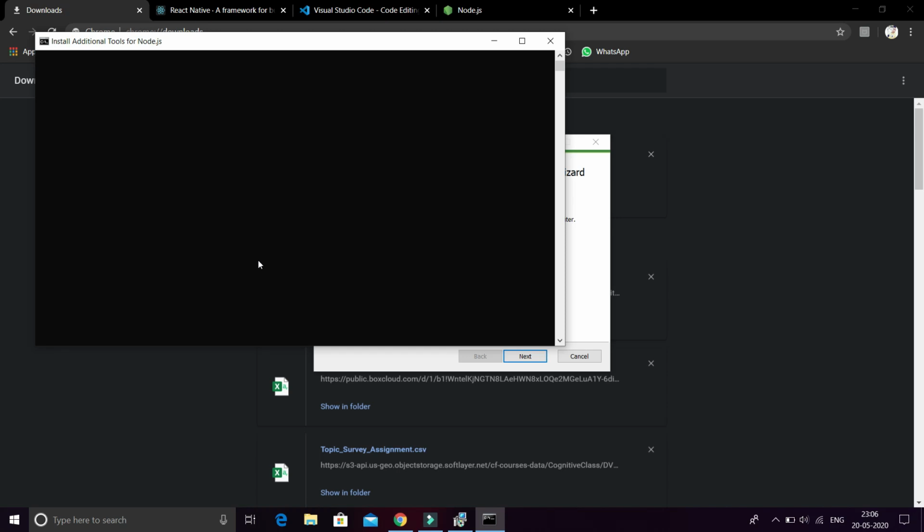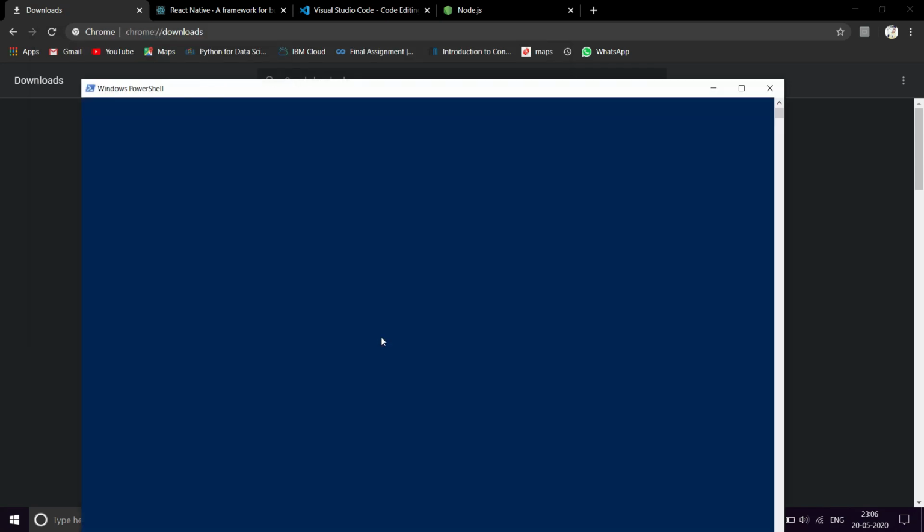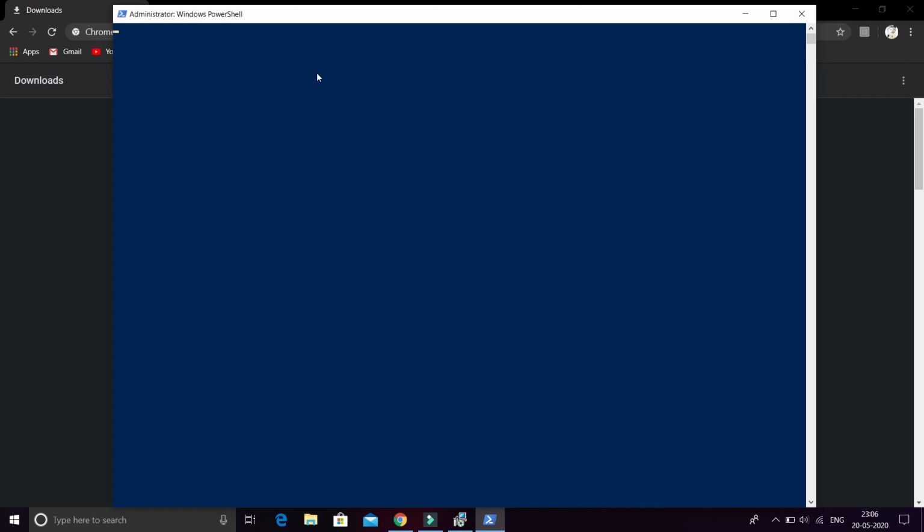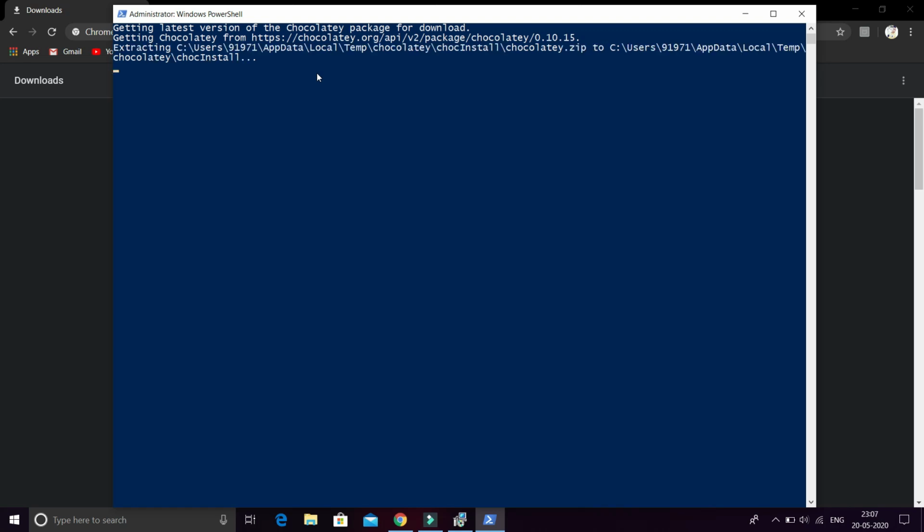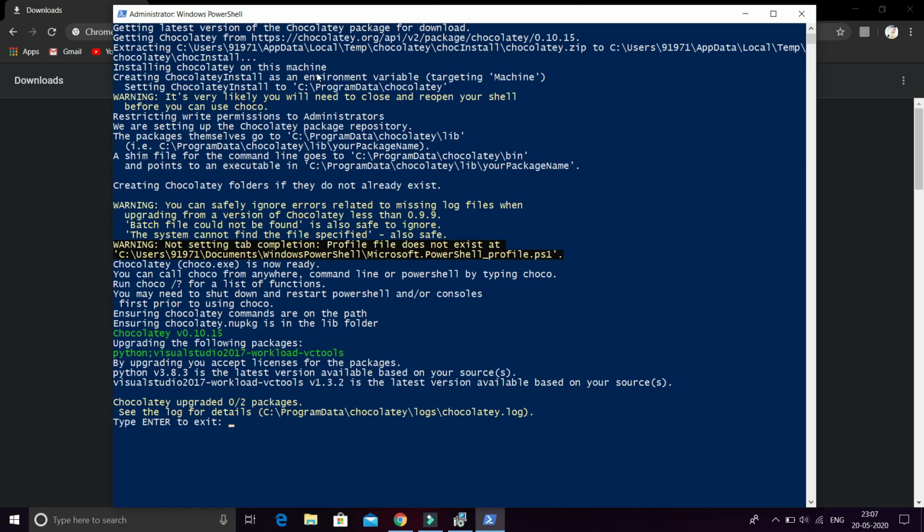And click on yes. You need to download this also. Your PowerShell will work in administrator mode and it will reload some packages and all so that it will work fine in the upcoming sessions. So let it complete. It will take a while, so be patient. And it is complete. So just press enter to exit.